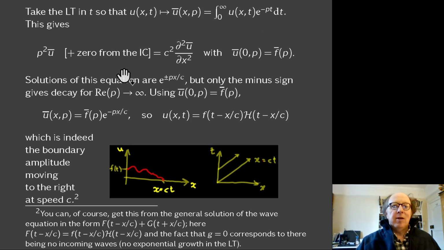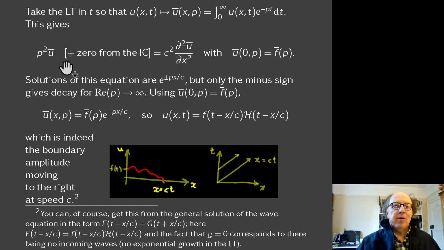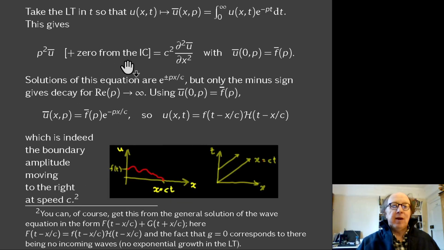So if we go back to the differential equation, when we hit this with the Laplace transform, this is the second derivative, so we'll expect to see p squared u bar, and then some initial condition terms. But because we said that u and du by dt are both 0, those terms both vanish, so this is simply p squared u bar.